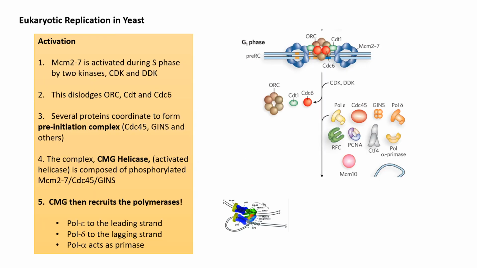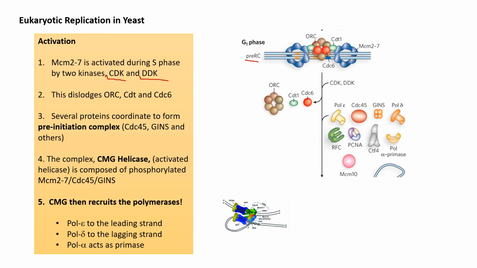Okay. So here we have our pre-replication complex that got assembled there. So now we want to activate this guy. So what's going to happen? We have two kinases that are going to come in. One's called CDK and one's called DDK. And I'm going to talk about them a little more specifically in a few minutes. But what they do is